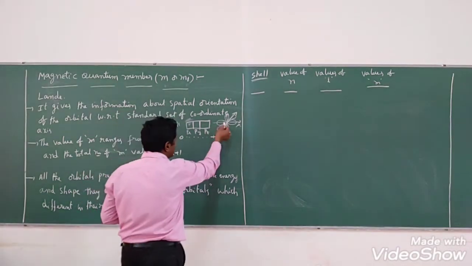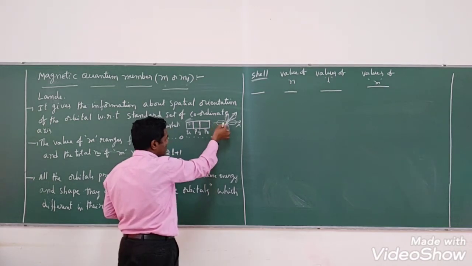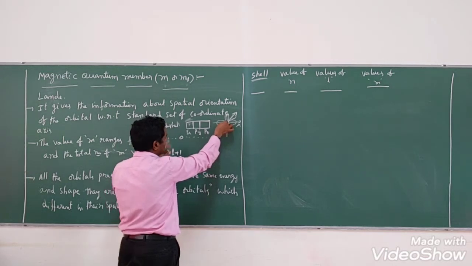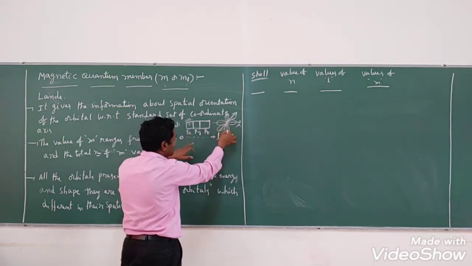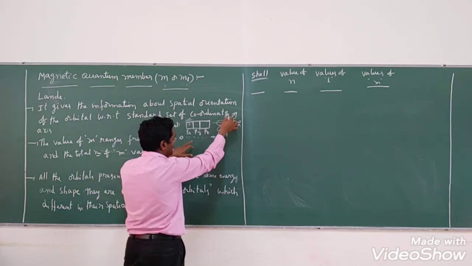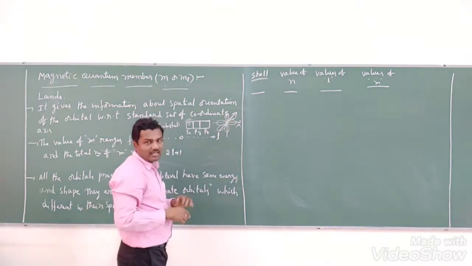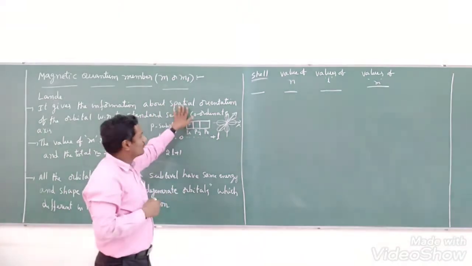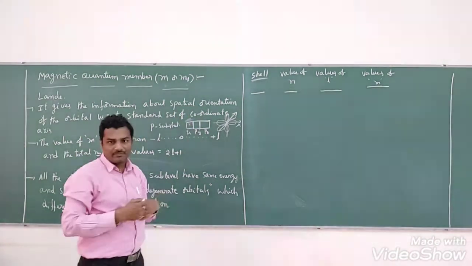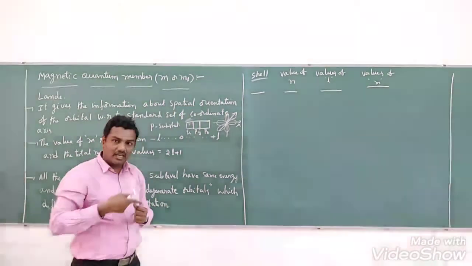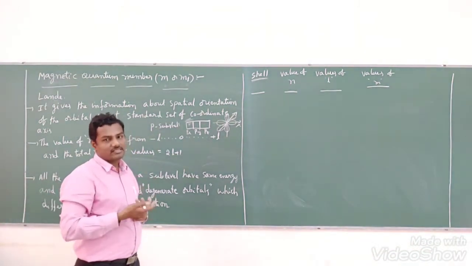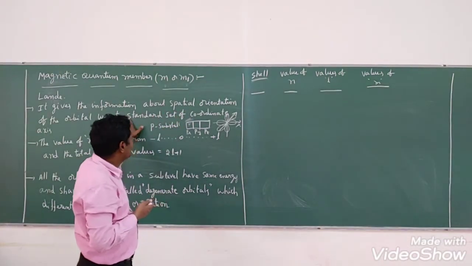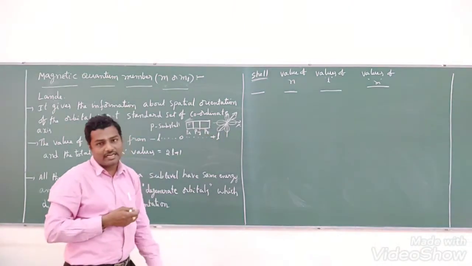Here the electron is revolving around the nucleus. If the electron revolves along the x-axis, that electron is present in the Px orbital, we can say. If the electron revolves along the y-axis, then we call that Py. Like that we can say. That means this magnetic quantum number gives the information about the spatial orientation of the orbital. In which orbital is the electron revolving, along the x-axis or y-axis or z-axis? That indication is the spatial orientation with respect to a standard set of coordinate axes, students.